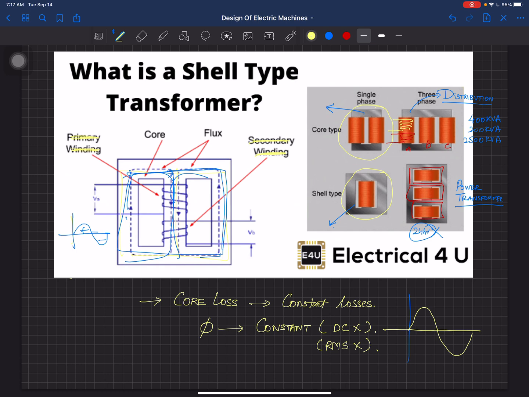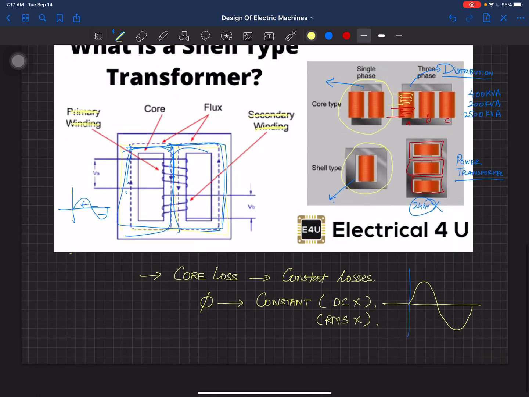Now, why does this happen? This is a very important point. So if I make, supposedly,